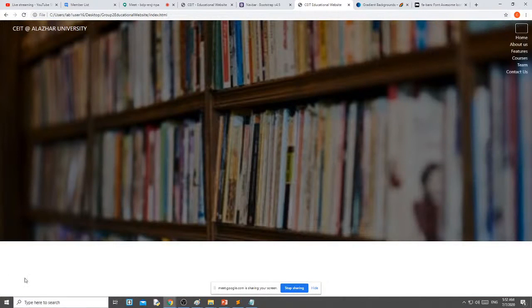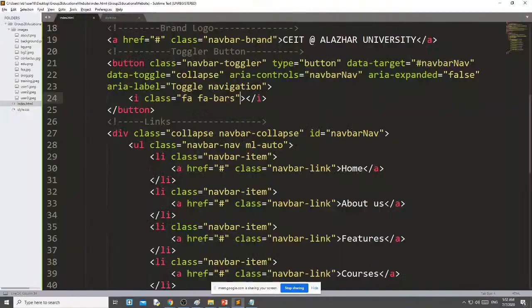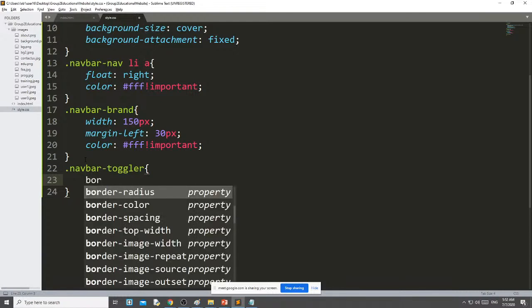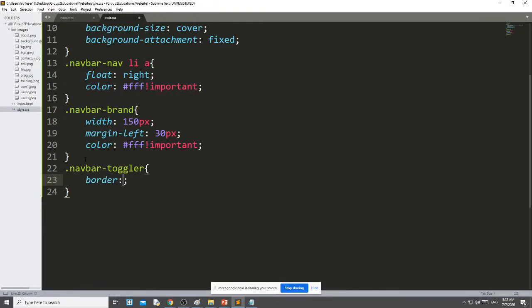Okay, I have to color it. This icon has come, but I have to style it a little bit. Then how can I style? Dot navbar-toggler. This is my navbar toggler. I don't need any border, none.